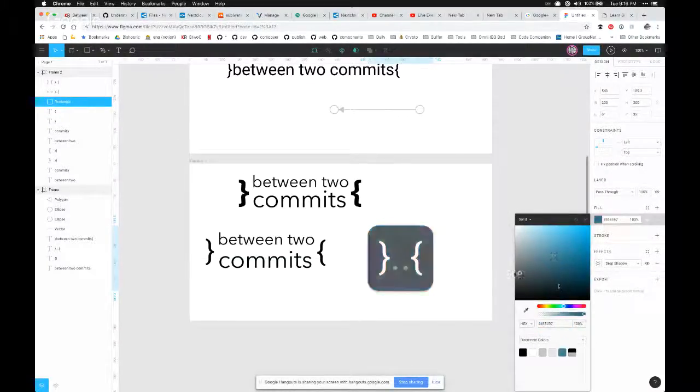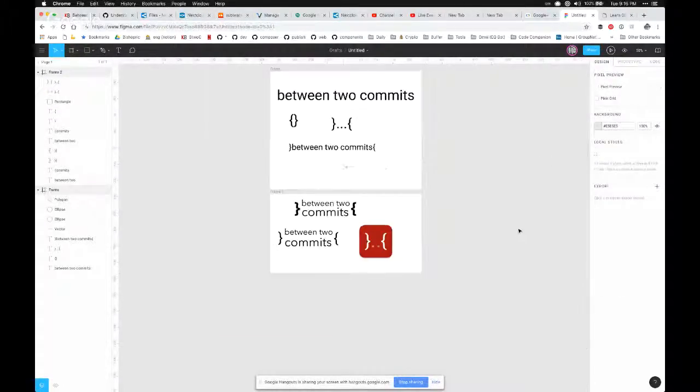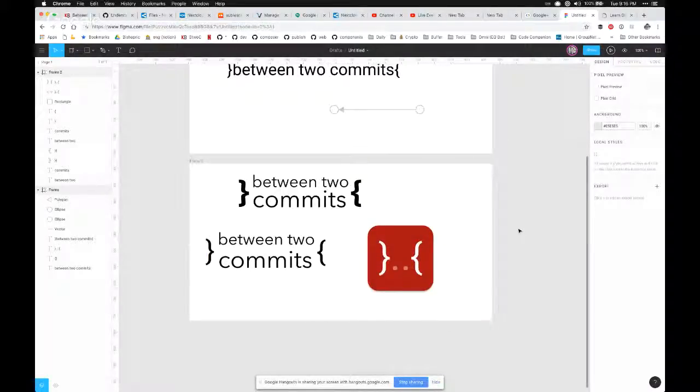Do you still feel like it just looks like a face? I'm trying to ask myself, would I wear this on a T-shirt? And I'm not sure I would. That's a fair question.